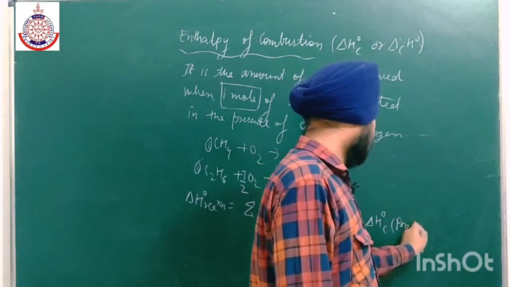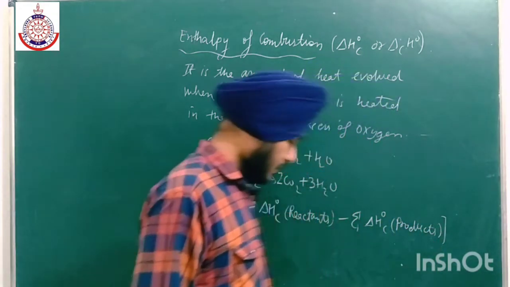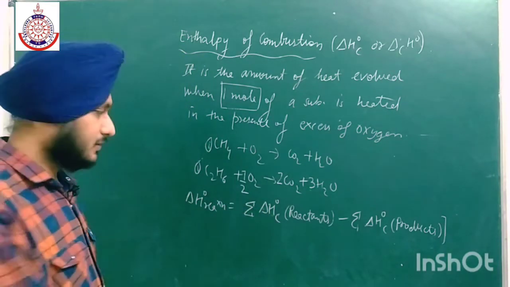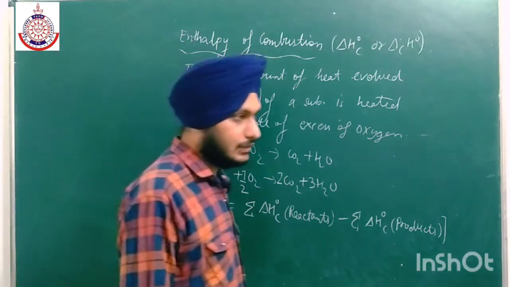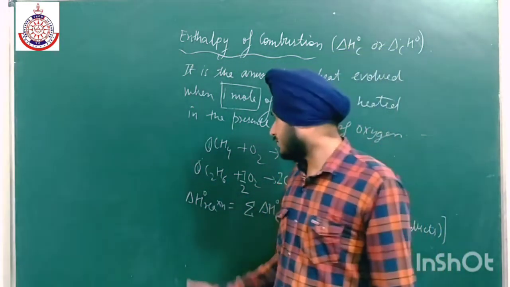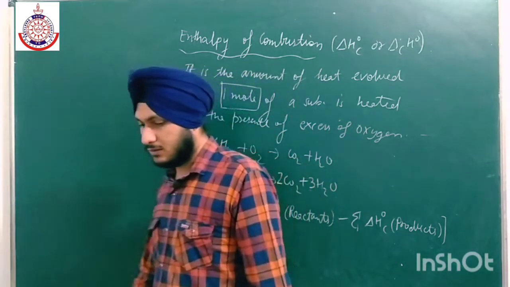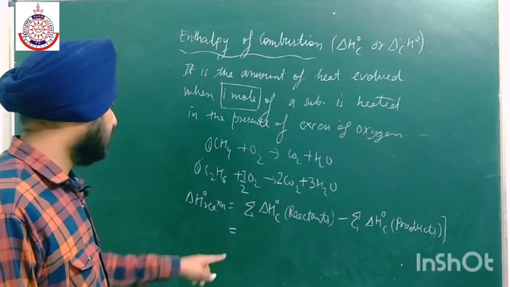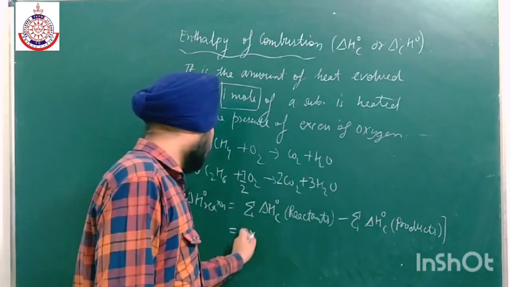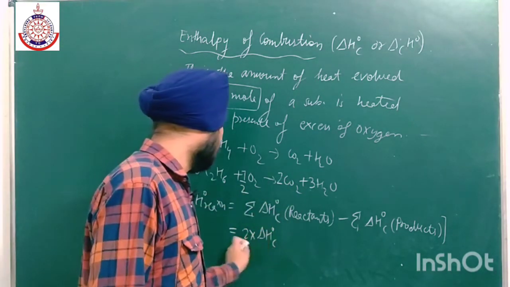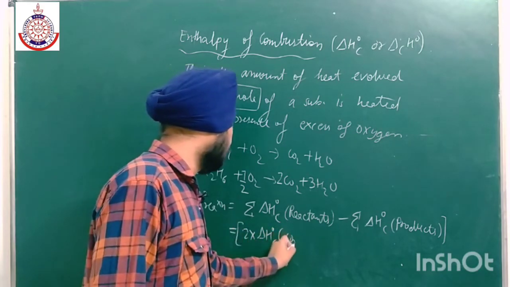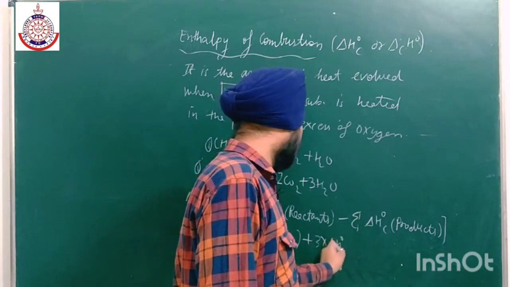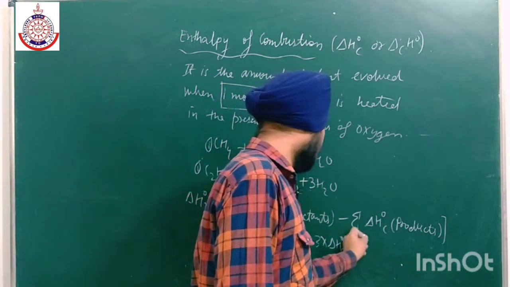Okay, so this is the formula which we have to apply: delta H naught C of reactants minus delta H naught C of products. This is the opposite of the case of formation. So for this reaction, delta H naught of reaction will be 2 into delta H naught C of CO2 plus 3 into delta H naught C of water, bracket close, minus